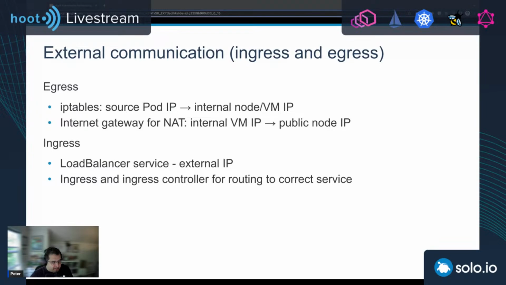So what is an Ingress controller? It's just a pod that runs inside the cluster and it watches for changes to the Ingress resource. So when a new Ingress resource gets created, the Ingress controller will create the necessary rules to route the traffic to the correct service. So think of the Ingress controller as a proxy server, right? Then when the traffic goes from the load balancer, it's not going to go to your service, right? It's going to go to that Ingress controller, and then that Ingress controller is going to route the traffic to the correct service.